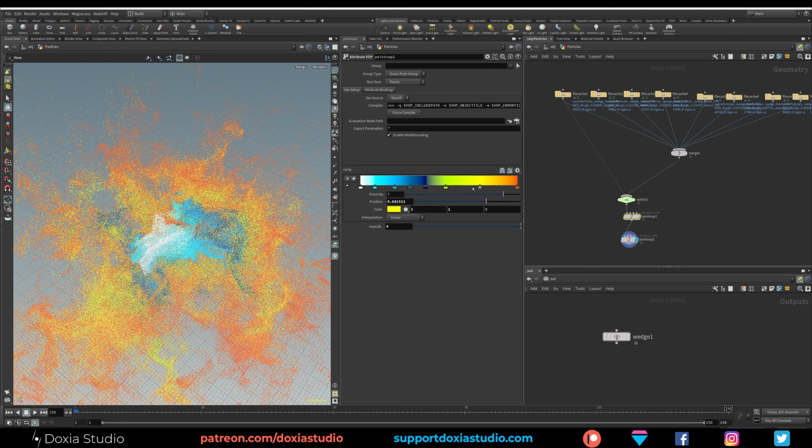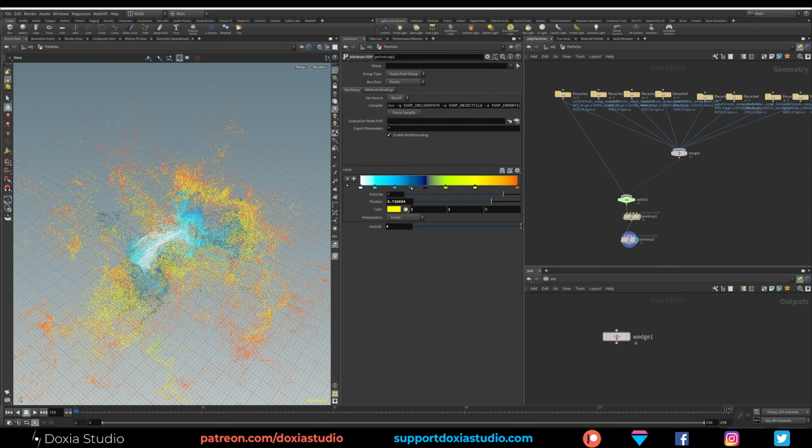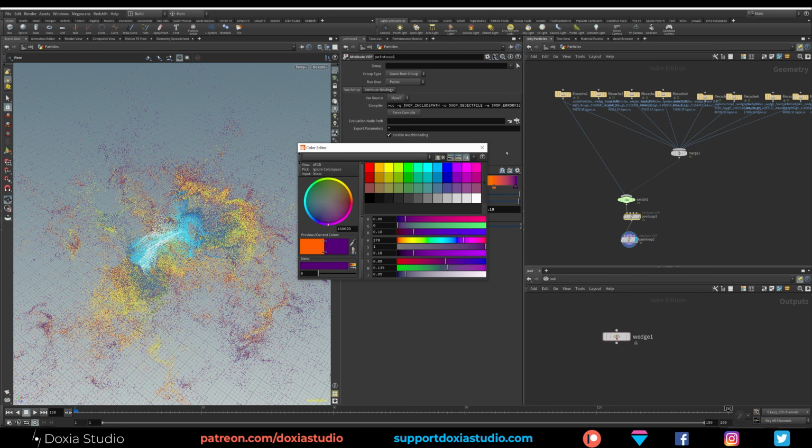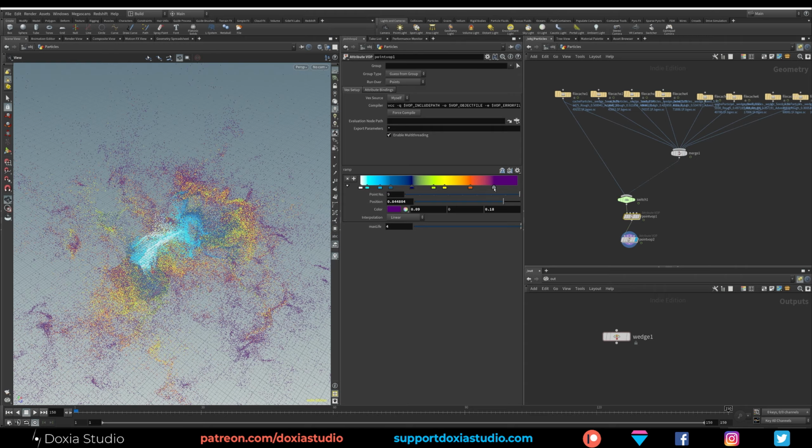Okay, this way, imagine that you have 30 million particles or something like that. Moving these parameters, as you can see, it is taking a little bit more time to process. Okay, as you can see, I'm changing this parameter and it is lagging. So these little adjustments that you are going to do along your work will affect the time and the speed that you can deliver a work, right? So it is good to always try to get better and fast results.